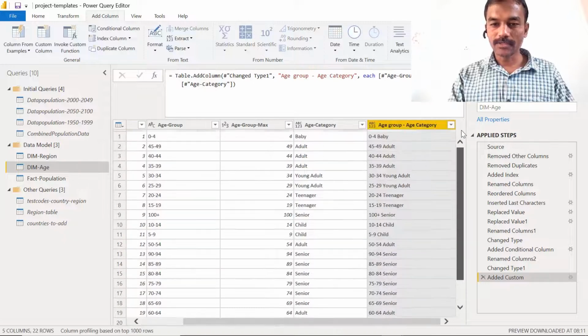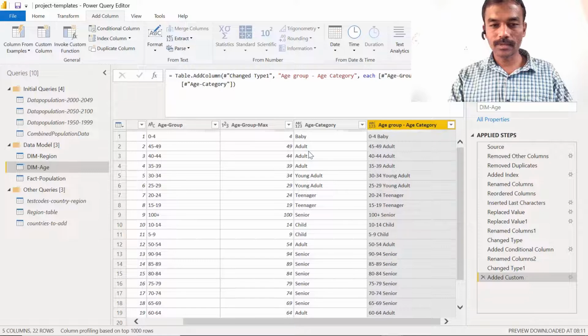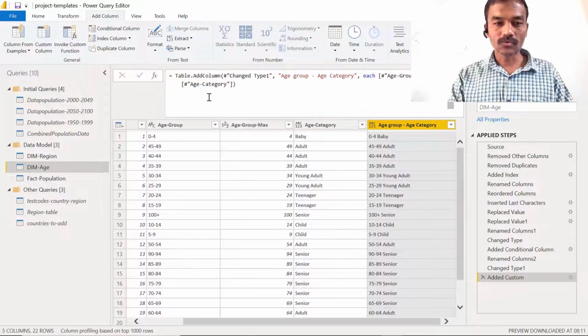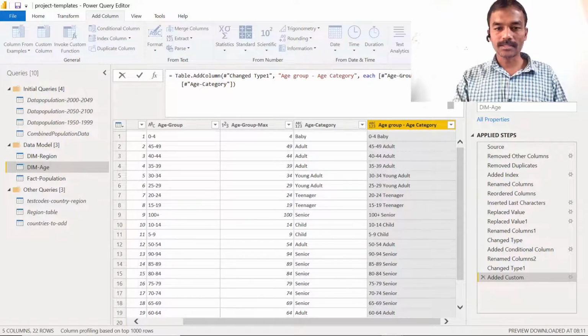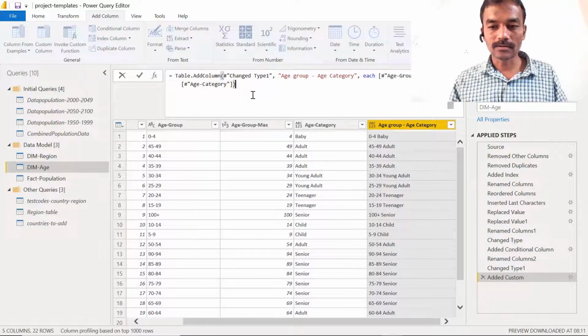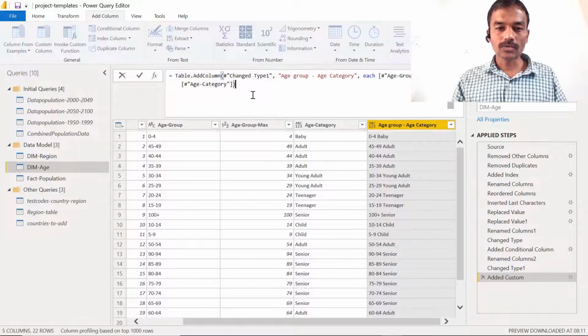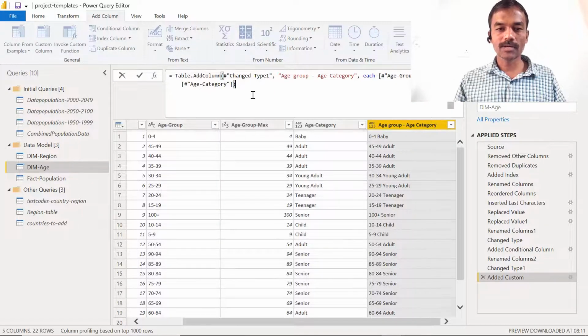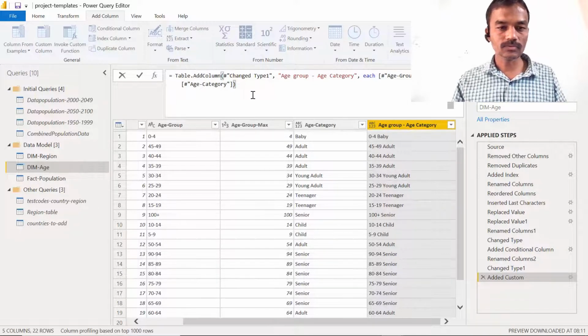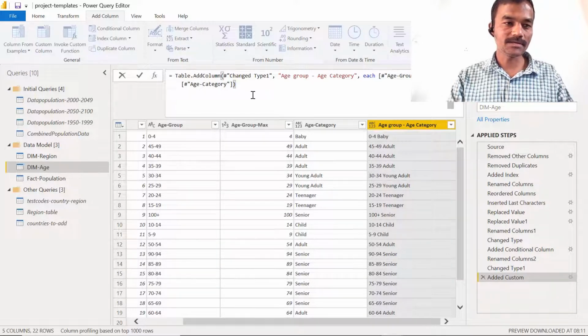Now we can see our age group and age category column has been created with the age group and age category data combined. This is what the M language can do, and you can see the code for this as well. Here it is available like this: age group, age category. So this is the way we do our M language code. We do not need to go into more detail right now, but we will see it in detail later, if required. But DAX is more important for us to understand, so let's try to understand that.